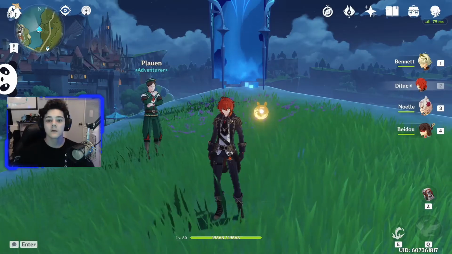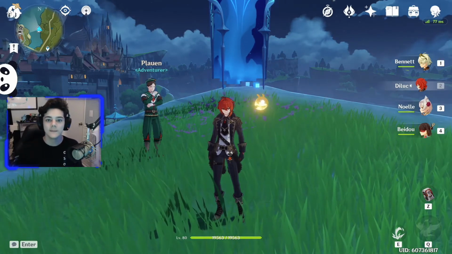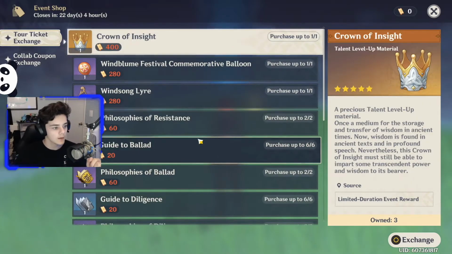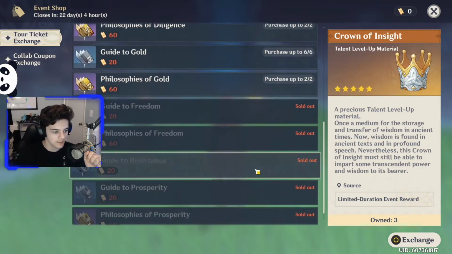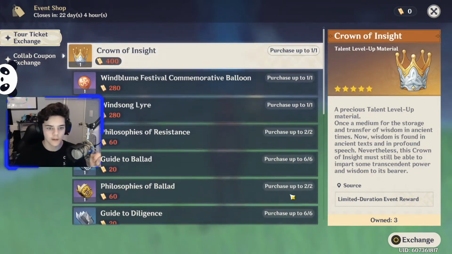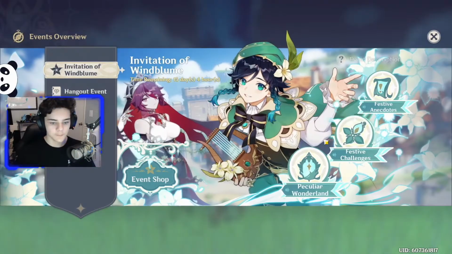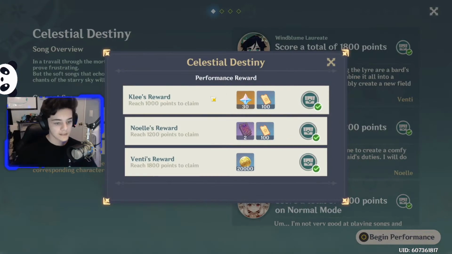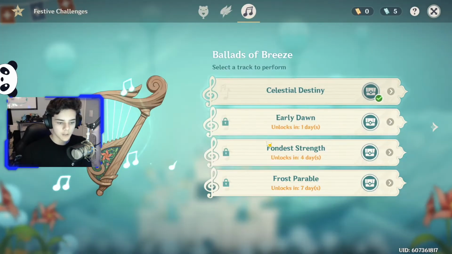Now we're going to talk about the different currencies that you will get throughout this entire event, what they mean, where to get them, and what to buy with them. So here is the event shop. This is where you will spend what's called Tour Tickets. These are what you get for doing the Festive Challenges and beating character scores in the challenges. If you beat, say, Klee, you will get 100 of these Festive Tour Tickets. And you can use them in this shop over here